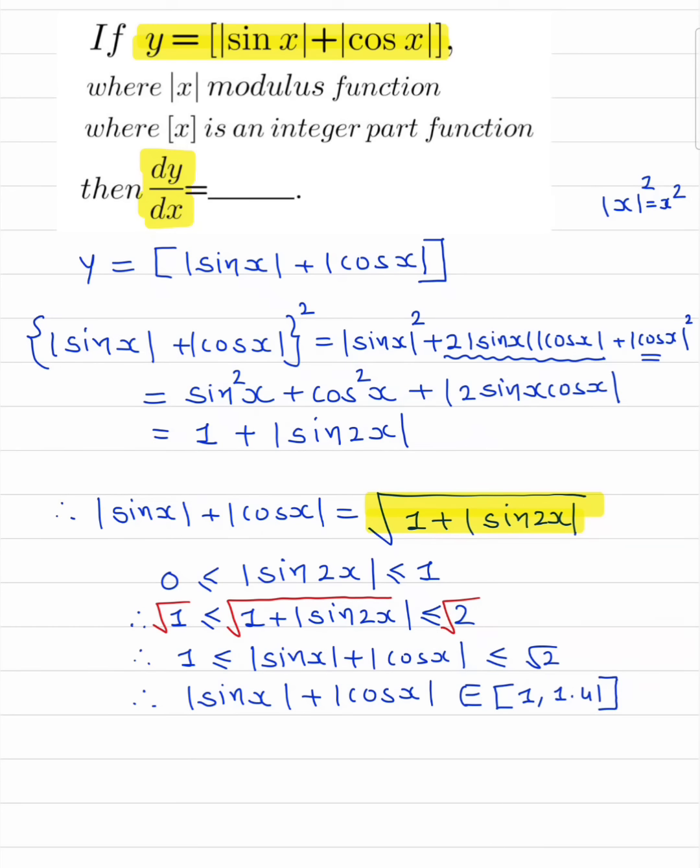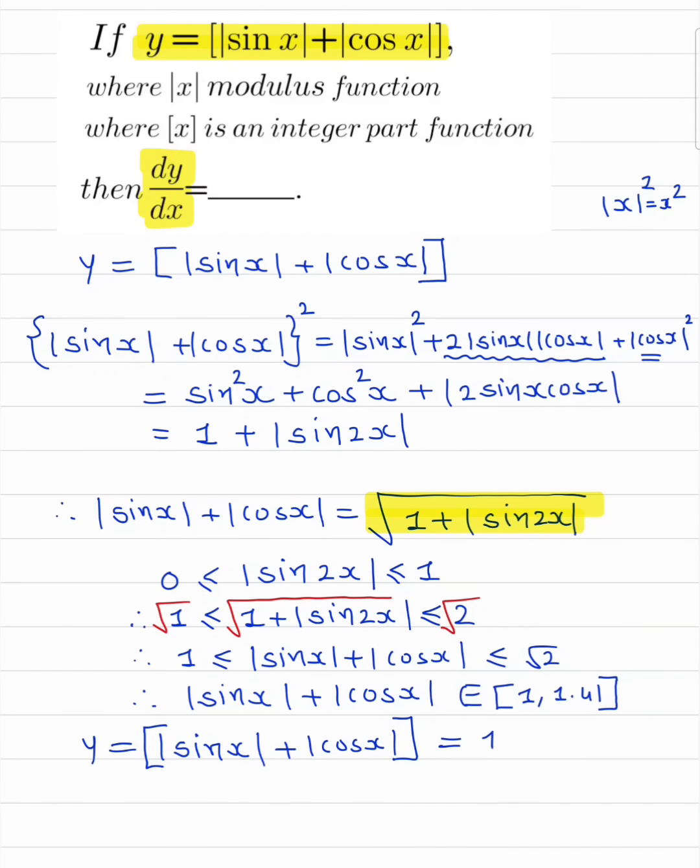So y equal to box of mod sin x plus mod cos x